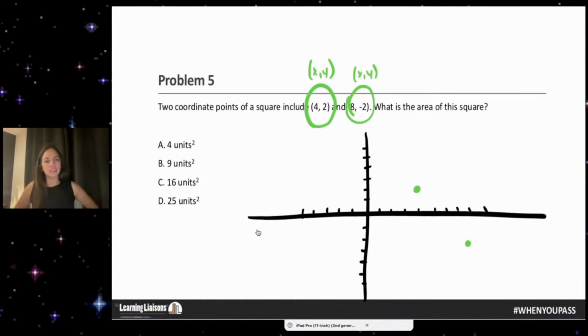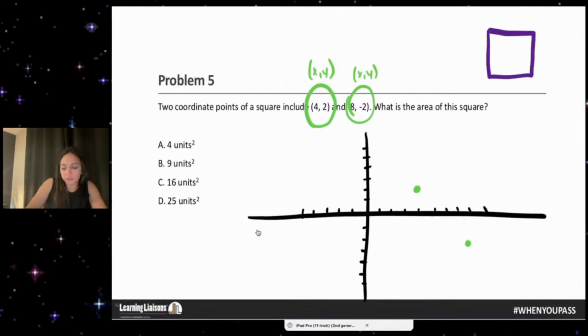And so you're looking at this and you're going, Amy, that definitely doesn't create a square. You're right, it doesn't. But I'm not connecting the dots per se like I would if I was drawing a line, right? I'm trying to figure out how this would create a square. So if I drew a square up here and I have a diagonal, which is really what I created on my graph, right? What am I missing? I'm missing these 2 points right here. I already have this point and this point. I'm missing the purple dots.